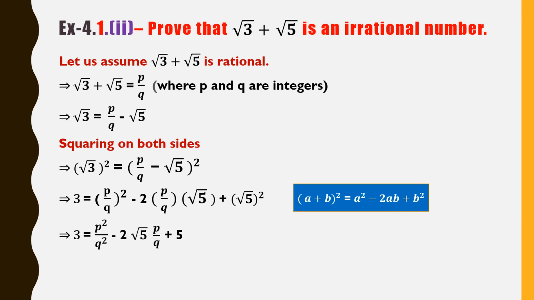3 will be 3 only. Here the square will be given for both, and 2 root 5 p by q, and here root and square cancel, you'll get 5 only. Now if you observe carefully, our question is in plus. Here we got minus 2ab. I told you, when it is in plus, here it will be in minus, then you should send this one here. If you are perfect with this step, if you remember this trick, it will be easy. No need to confuse, no mistake will be done. If the question is in plus, here you'll get minus, so you should send this one here.